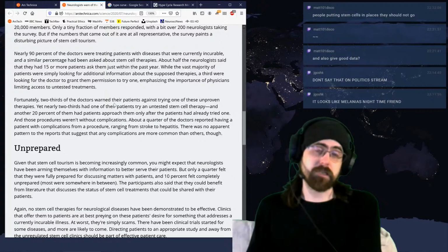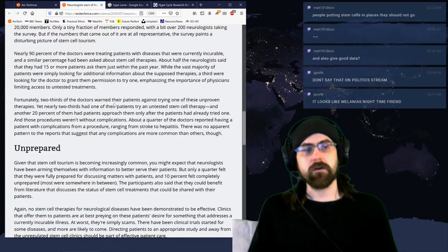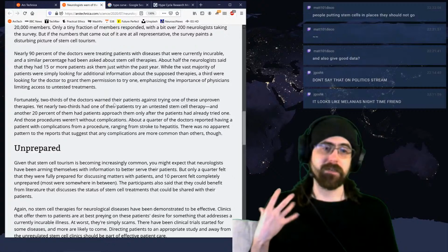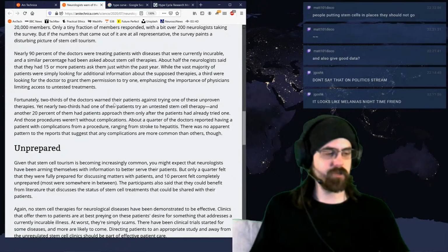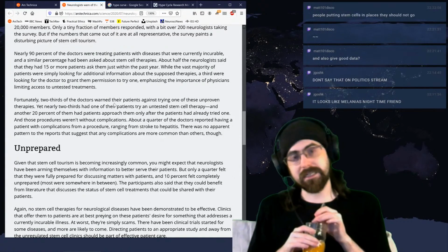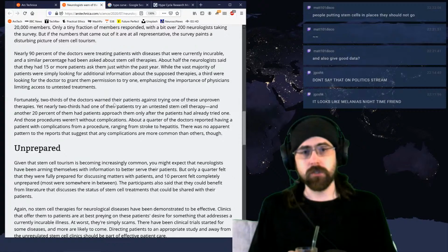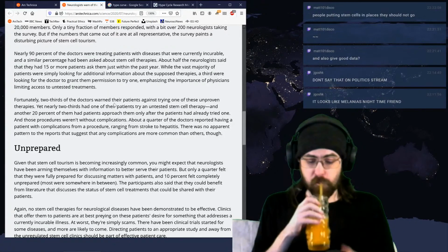It does make certain aspects of research easier in the US, but it also leads to a widespread proliferation of miracle cures being presented as legitimate research, when in actual fact it's just some crank doctor who's been doing research for the last 20 years and is just selling their shitty miracle cure. Because the humanitarian exemption is quite generous, it ends up with a bunch of stem cell clinics being set up, offering very questionable treatments to people who don't know any better. And this pisses me off for various reasons, but particularly because it gives a really bad name to